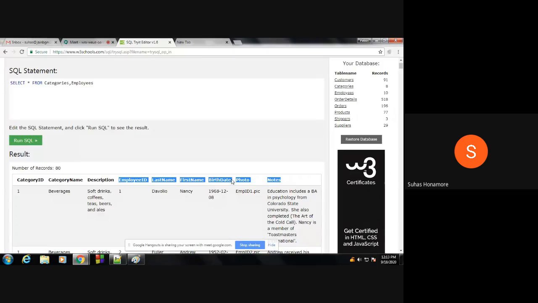What about the number of rows? The first table had 8 and the second had 10, so the multiplication, 8 into 10, gives 80 rows. The number of columns is the columns in the first table plus the columns in the second table, and the number of rows is the rows in the first table into the rows in the second table.